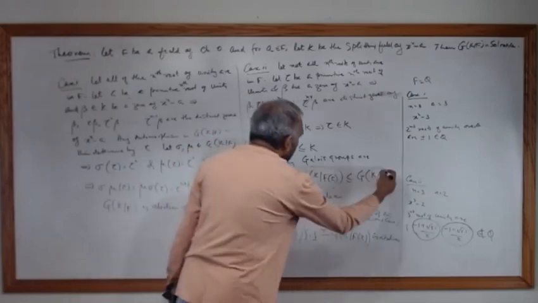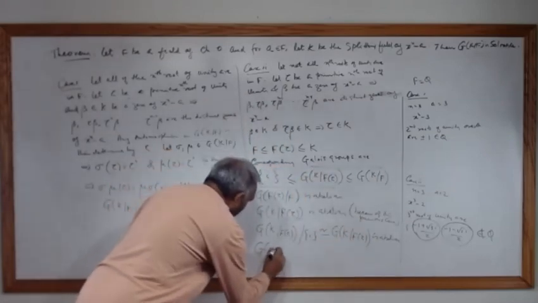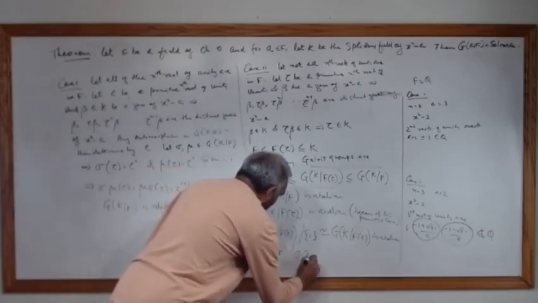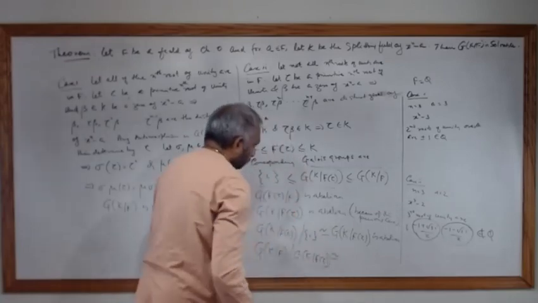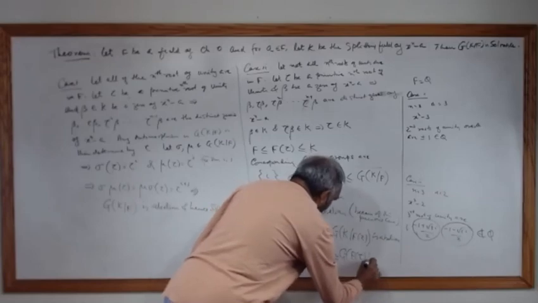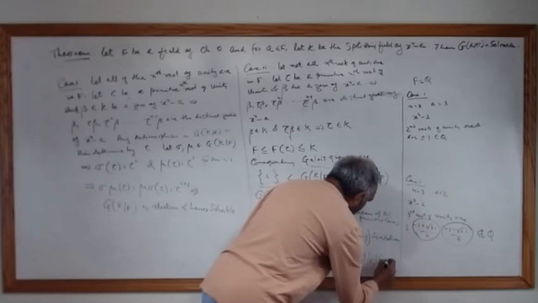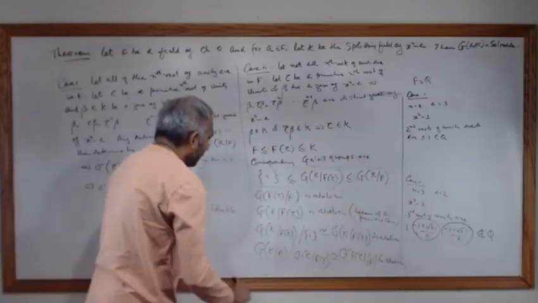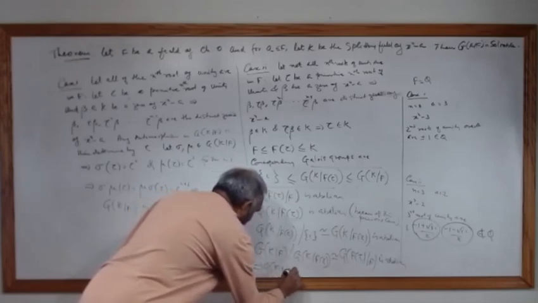And here, G of K over F over G of K over F of zeta is isomorphic to G of F of zeta over F, which is already abelian. And that implies G of K over F is